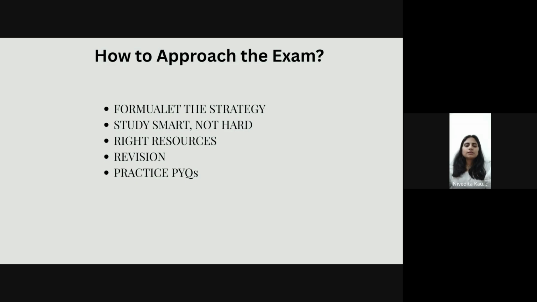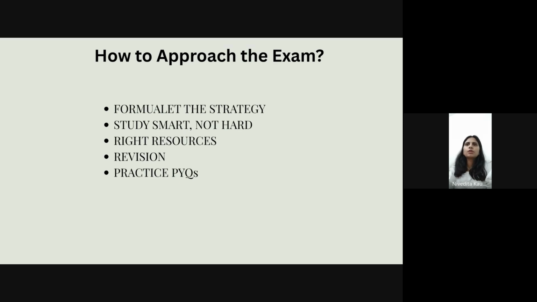Next, I would suggest that you focus on revision. With all the resources we are putting in, we are just reading everything. But if you are not revising all the concepts which you have already gathered, you are bound to forget them when the examination is near. So I would suggest that you prepare a timetable, a chart, a timeline basically, that if you are starting preparation 2 months before AIBE, then you prepare a timeline that in 1 week